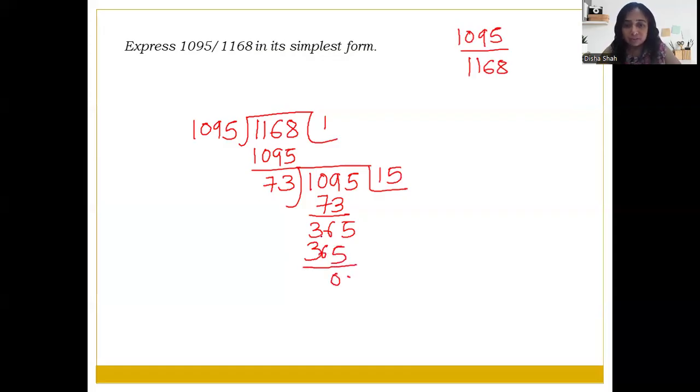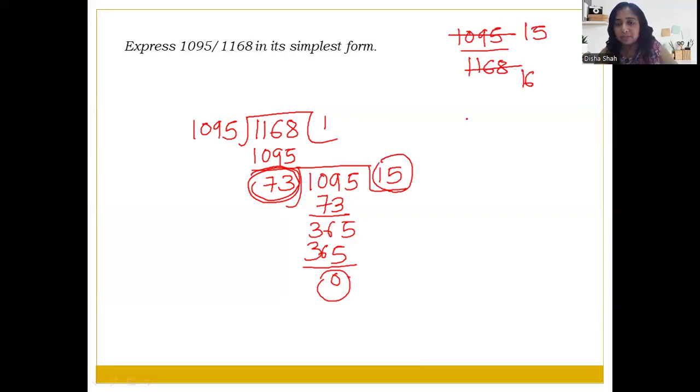Okay, so finally we got the remainder is 0, so this is the highest common factor। यानी कि ये दोनों नंबर 1095 एंड 1168, ये दोनों नंबर डिवाइड होते होंगे 73 से। नाउ 1095 को 73 से डिवाइड कर रहा है, तो वी नो आंसर आ रहा है 15, so this has to be 16, so 15/16 is the answer।